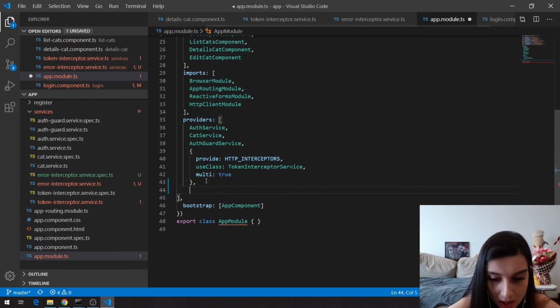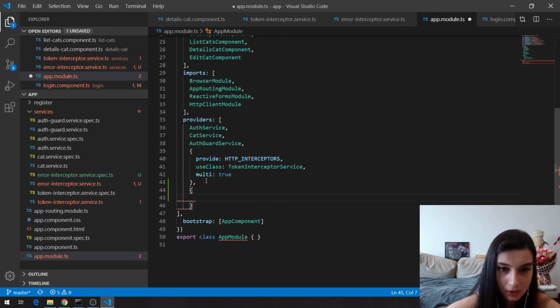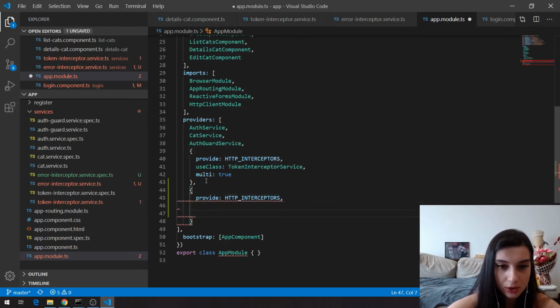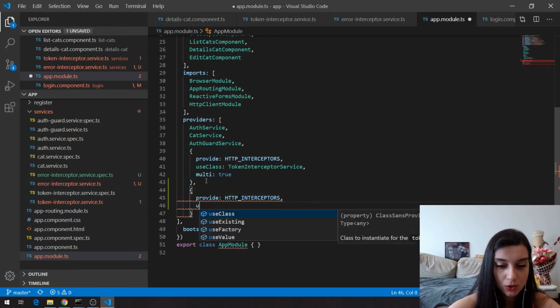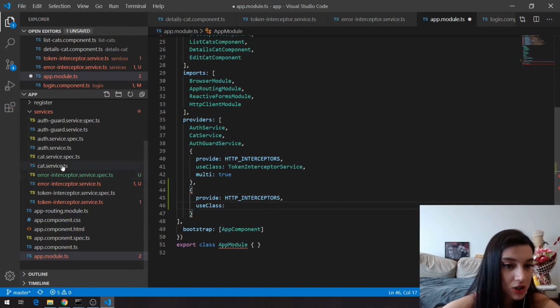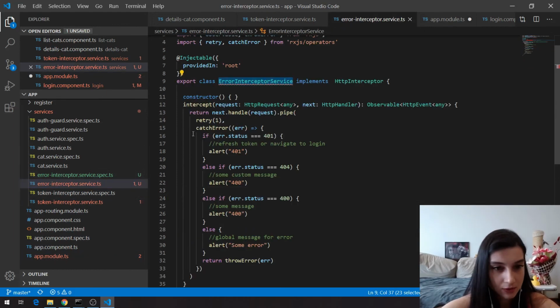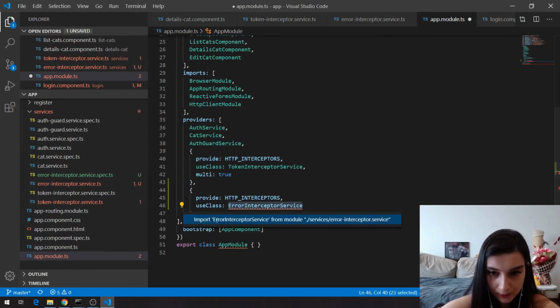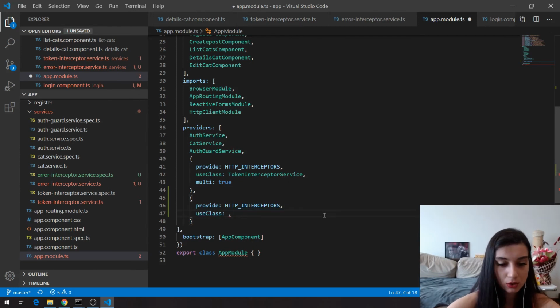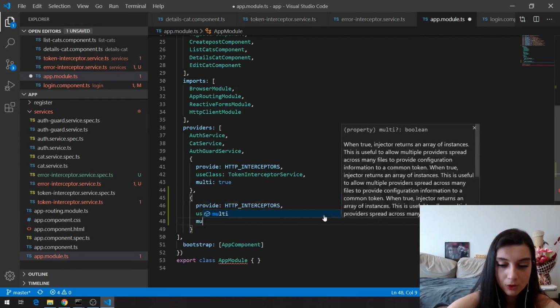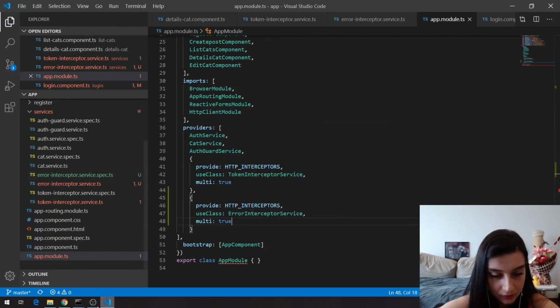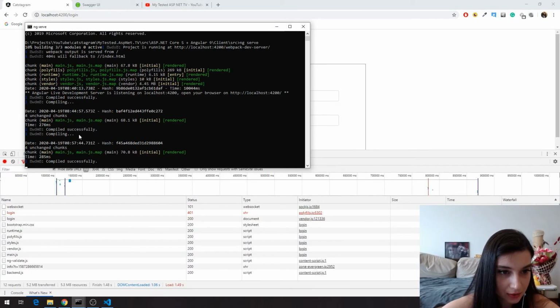So here I'm going to put another interceptor, which will say provide HTTP_INTERCEPTORS, and after that I'm going to say that I'm going to use class, which is the name of my error interceptor service class. I'm going to put that here, and of course I have to import it. And after that I'm going to say multi: true. So if I save that and see if the server is refreshed,